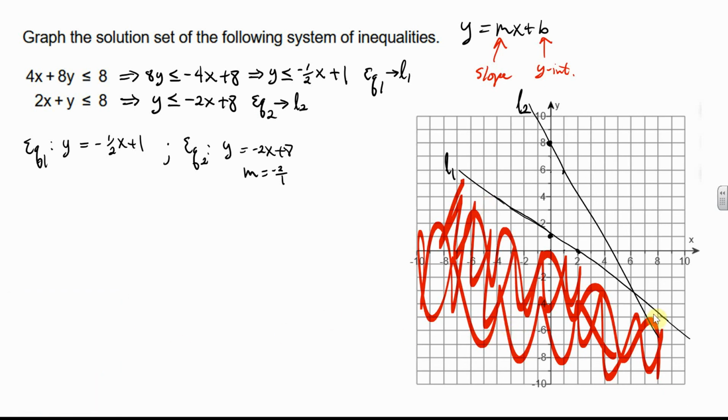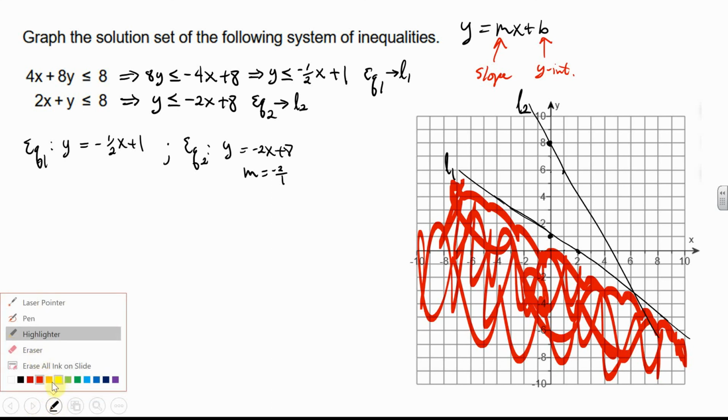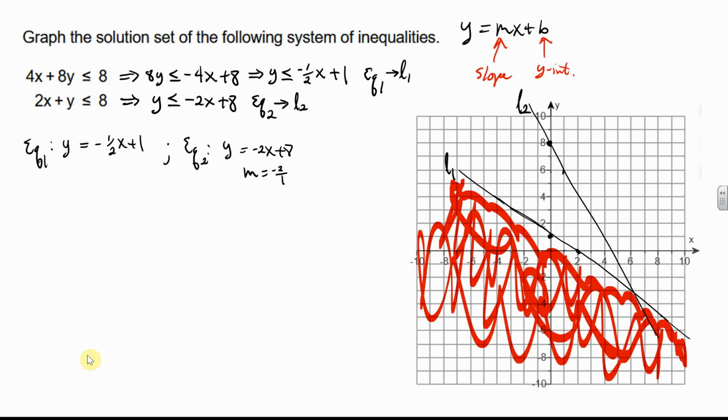Now for line 1, let me make sure I get everything there. And now for line 2, everything under it. Let's use a different color for the highlighter. So this is everything under line 2. Now, the region that's the solution, because for systems of inequalities, the solution is not a point,